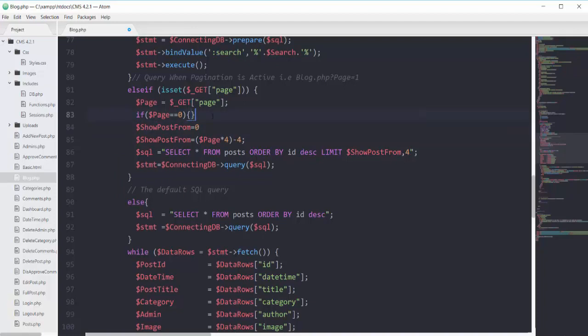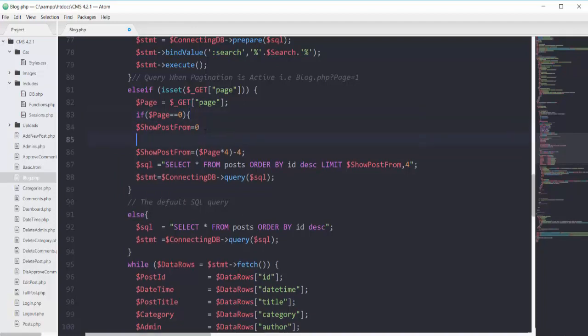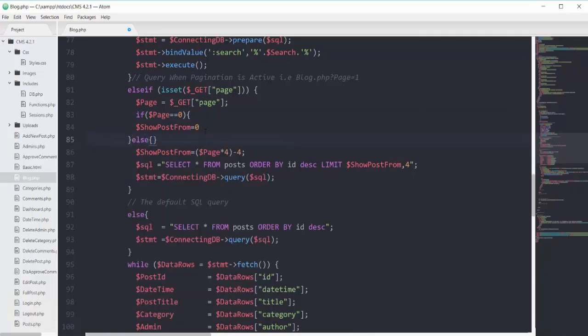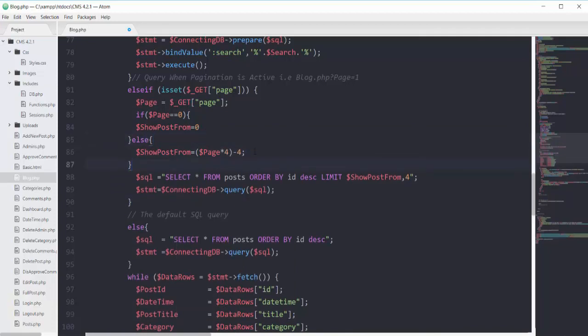So adding the curly braces here, and in the else block I can put this show post from like this. So if page is equal to 0, then we will show our posts from 0 to the next 4 index, or else we will use this formula.